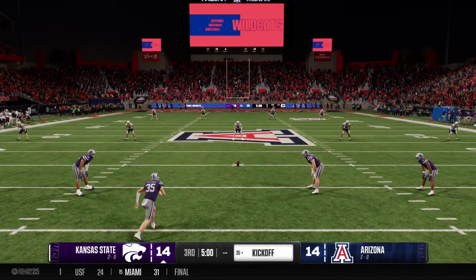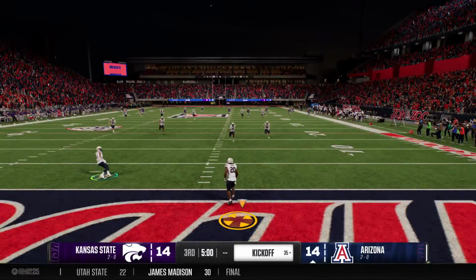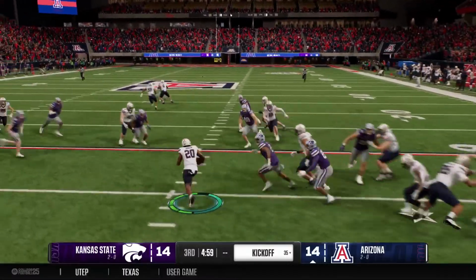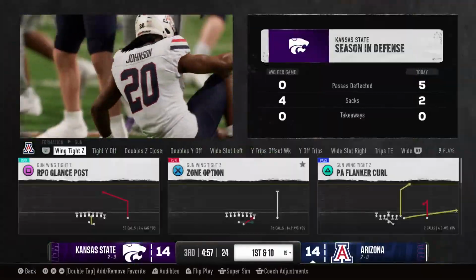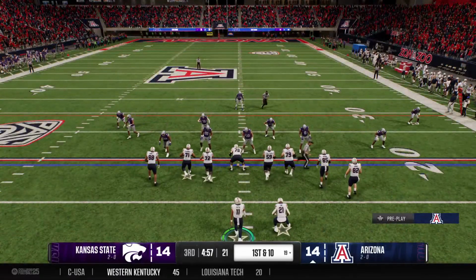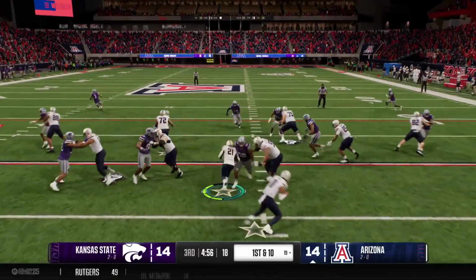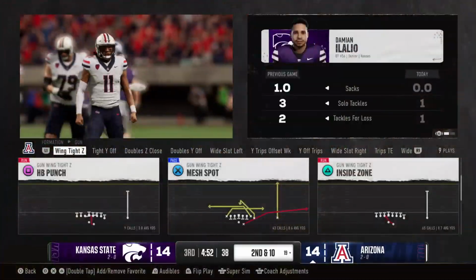Kansas State will kick off as we get things started here in the third quarter. He'll bring it out. It's Johnson. He stopped short of the 20 at the 19 and probably wishes he'd just taken the touchback. Arizona sending the offense onto the field. First drive of the second half, always fun to watch. You see what type of tweaks were made at the half, especially when you're locked up in a ball game